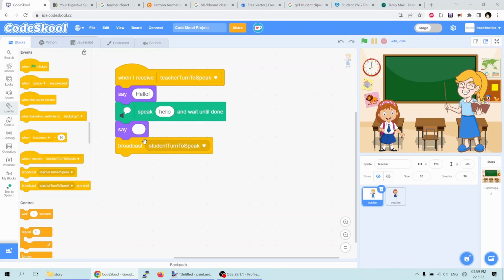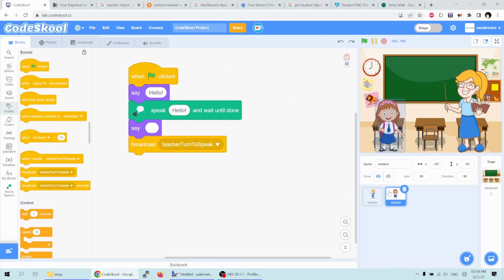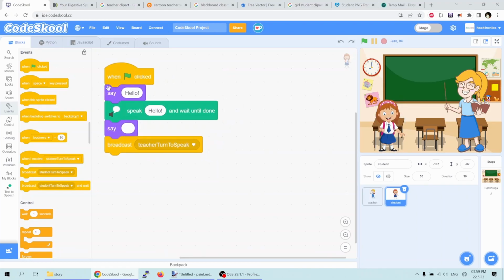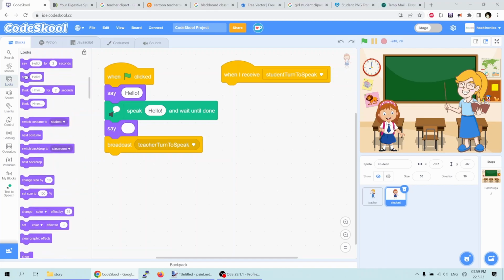So once the teacher has finished speaking, she'll broadcast an event and send it to the student sprite. Now when the student sprite receives the event, like student turn to speak, she will say like,